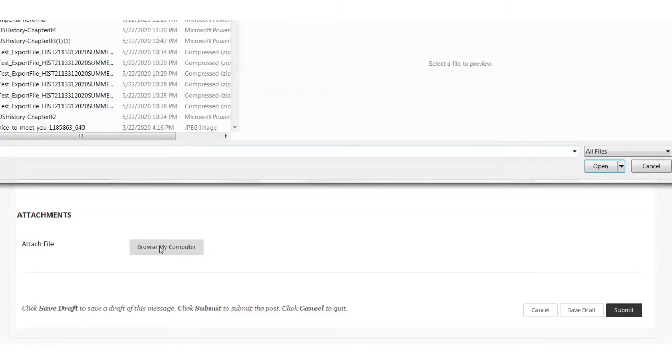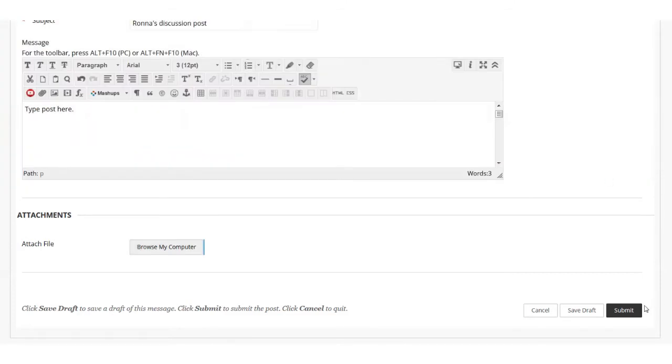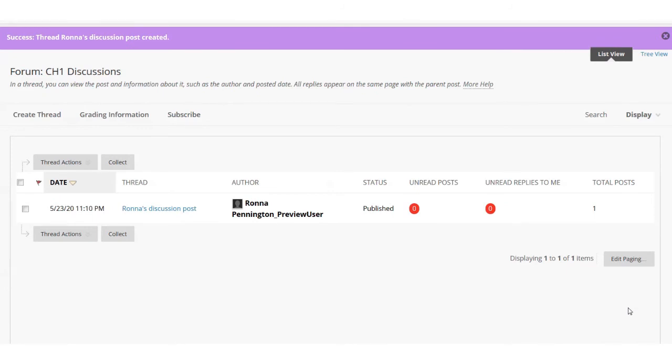that here and it shows up just like if you're trying to attach a document to an email. So I won't go through that. And then simply click submit. Now you can see that there's a post. So if you wanted to reply to my post, you'd simply click on the link here